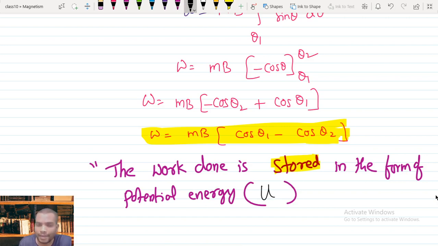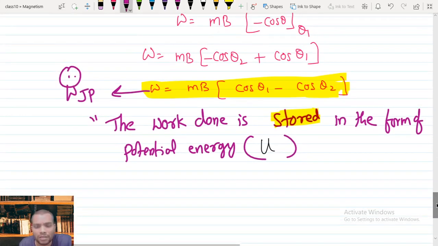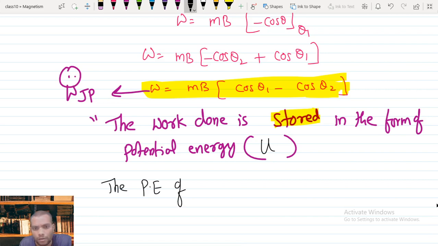So now I can write that this is the work done by me. Don't forget that. I did that much work to rotate the dipole against its torque. According to conservation of energy, work is nothing but energy. Whatever work we do, that transforms into energy. So here that work gets transformed into potential energy. Therefore we can write the potential energy of the dipole